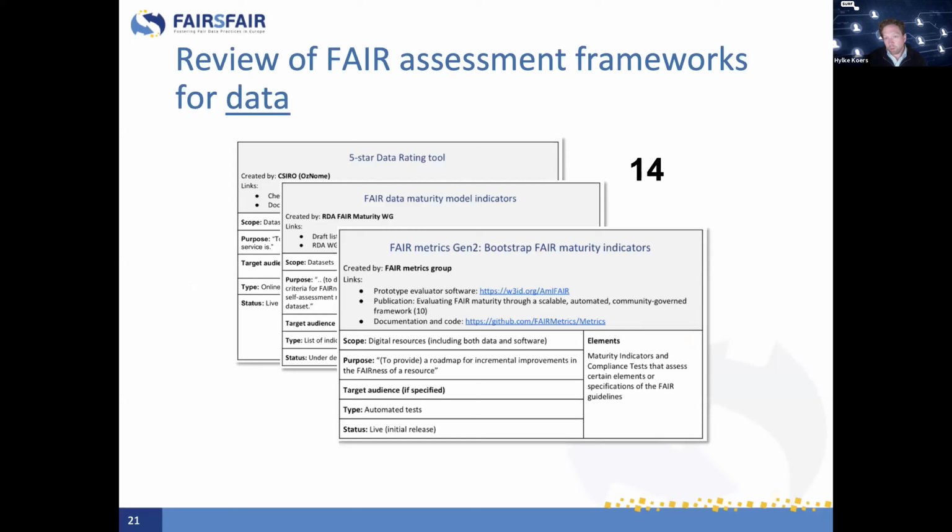So in terms of the review of FAIR assessment frameworks for data, we did quite an extensive literature review. There are still way more, but we analyzed 4 existing FAIR assessment frameworks for data that we found. We did a fairly high-level analysis, not yet looking into the nitty-gritty details, but really at what the audience for the assessment framework is. What is the purpose, if there is a stated purpose? Is there a particular target audience, a particular domain, service providers, or other roles? And what are the elements? That gave us a good handle on the current landscape of FAIR assessment frameworks for data.